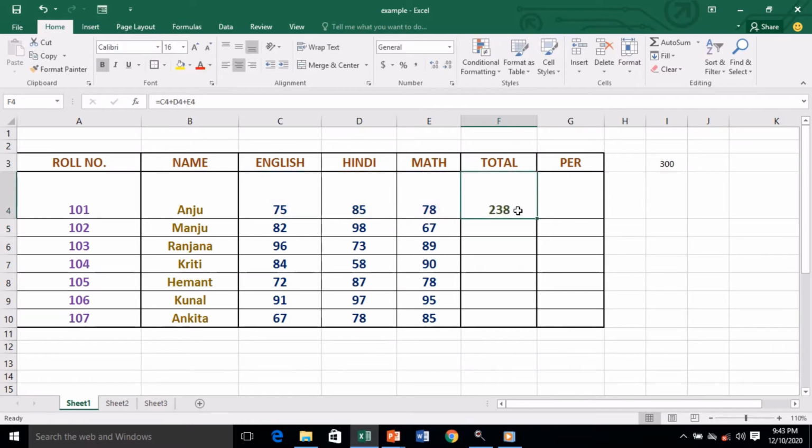So here is the total, and in the formula bar on top we can see the actual formula, C4 plus D4 plus E4. Now let's copy the same formula here and see the change. This is selected. Now I'll click on the copy option, choose here and paste. See what happens. Here it was C4 plus D4 plus E4, and when I click on this cell, it changes automatically to C5, D5 and E5.